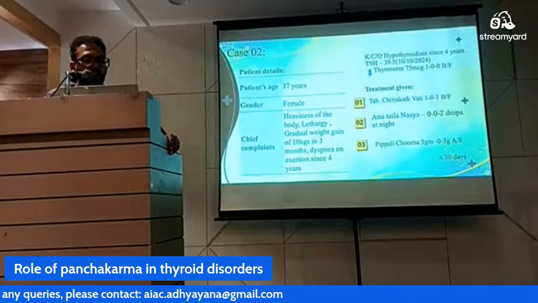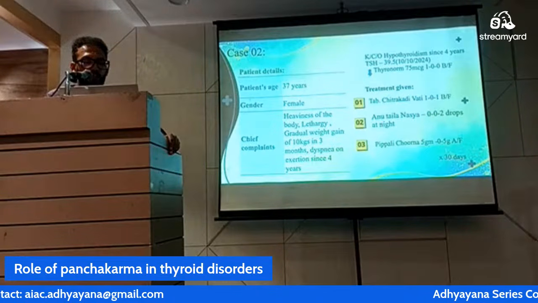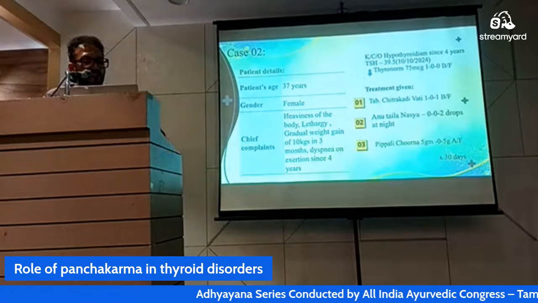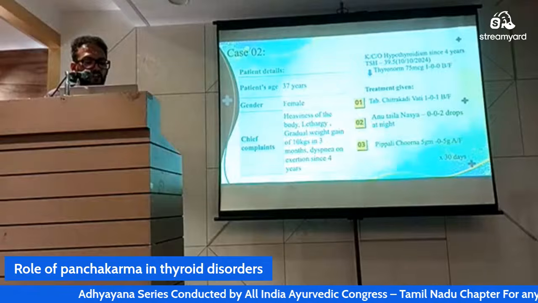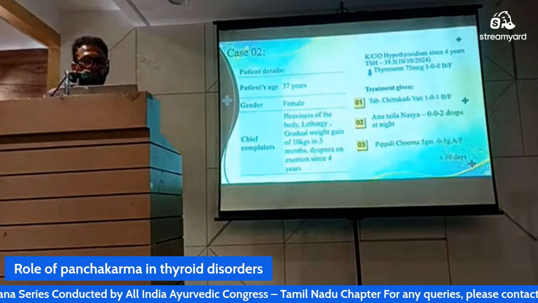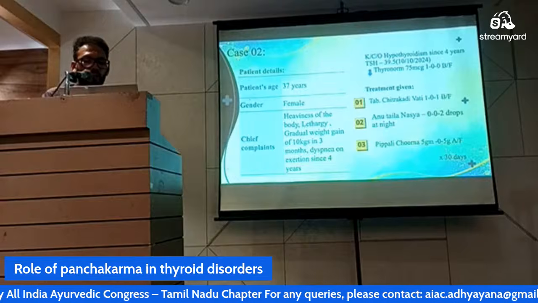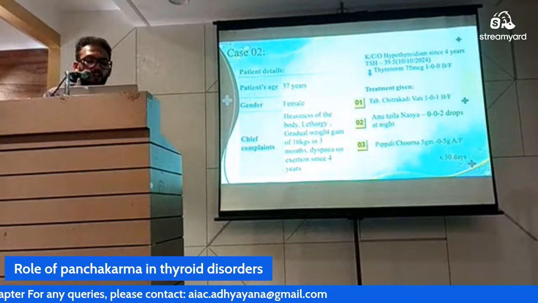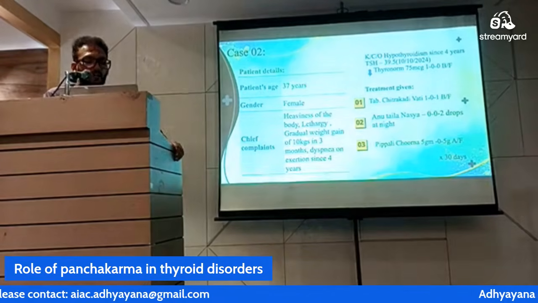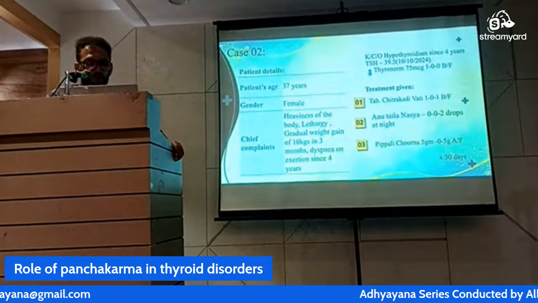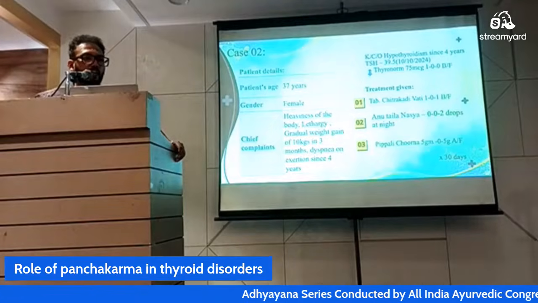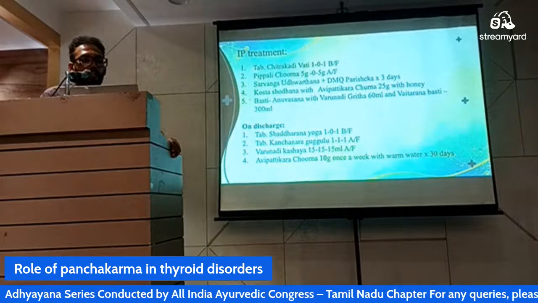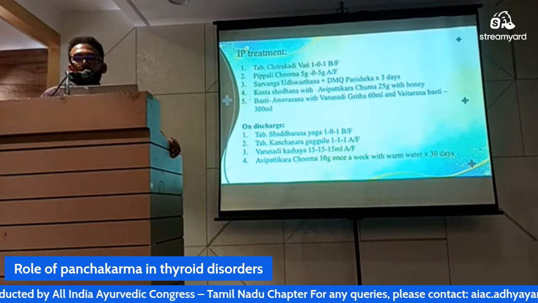The next is another case of a 37-year-old female patient complaining of heaviness, body lethargy, and gradual weight gain of 10 kg over 3 months, with dyspnea on exertion for 4 years. She is a known case of hypothyroidism, already on Thyronorm 75 mcg. First we went for Deepana Pachana. Tablet Chitrakadi Vati was given 1 tablet before food, Anu Taila was given as Pratimarsha Nasya, and Pippali Churna 5 gram was given in the morning and evening after food. For inpatient treatment, first we went for Sadyo Virechana,